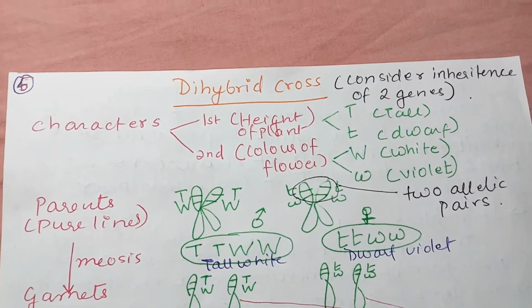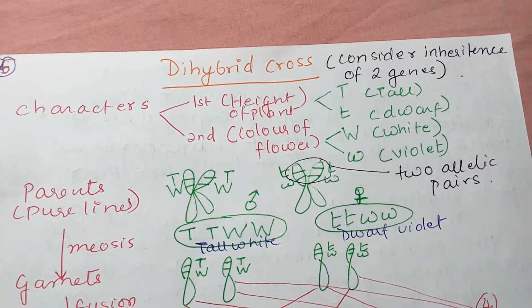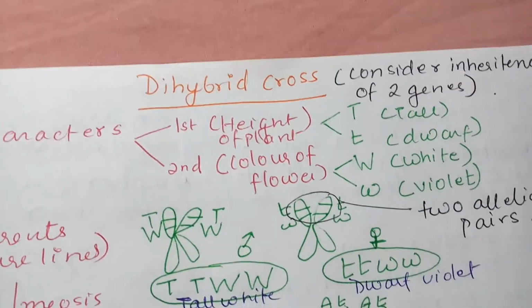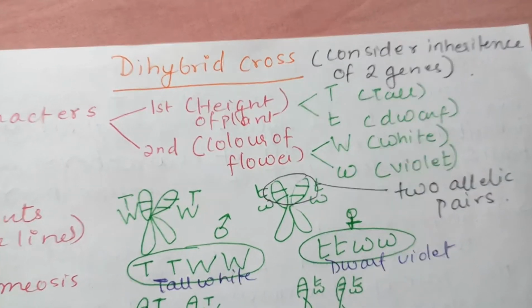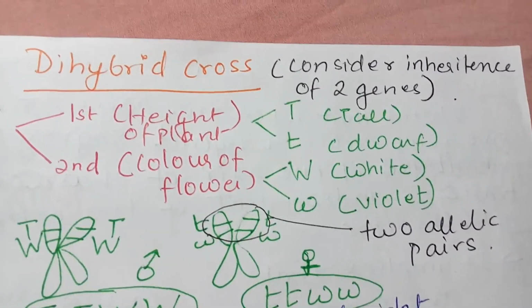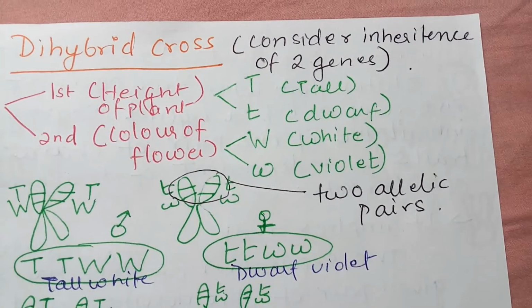Here we consider the inheritance of 2 genes. So here I will be considering that the 2 genes are coding for 2 different characters. One gene, let's say, codes for the height of the plant, and another gene codes for the color of the flower. Let's look at the traits. Height we have already discussed. Flower color we have